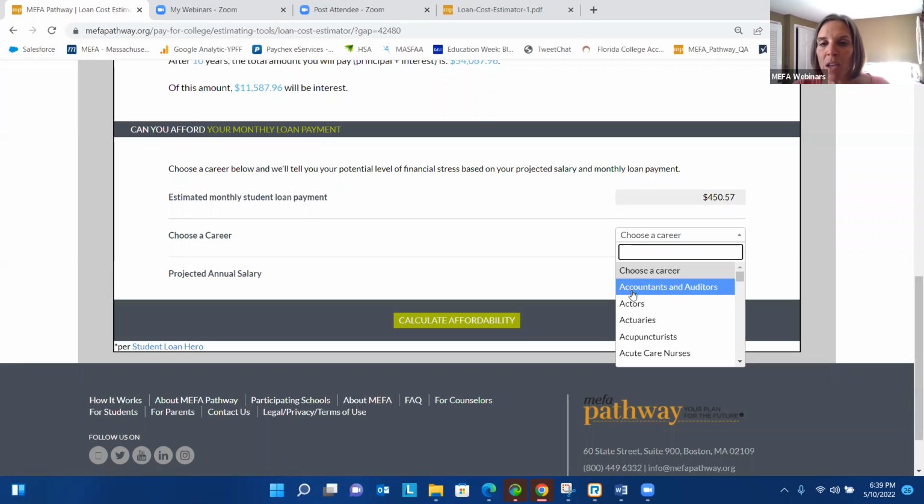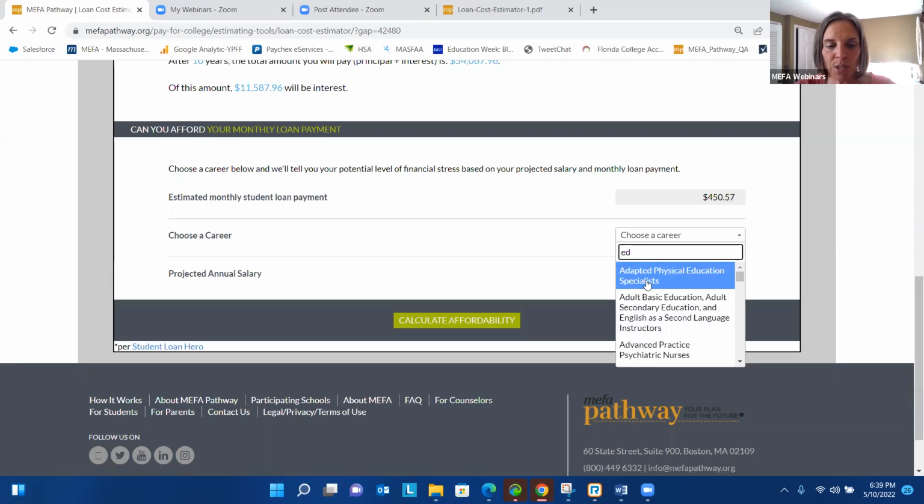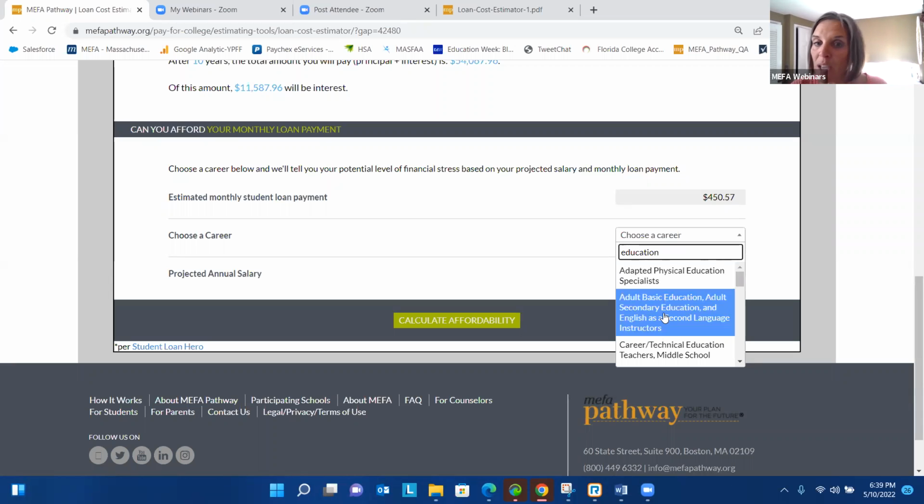Is it affordable? You can plug in any of the careers within the dropdown here, which come from our O*NET database. So I just plugged in education, and then you can see we can select from a number of different options here. So let's look at